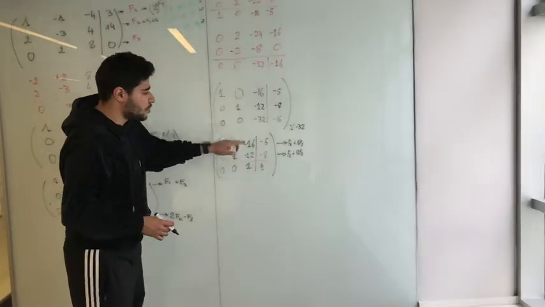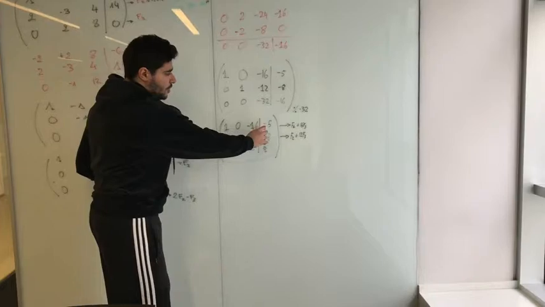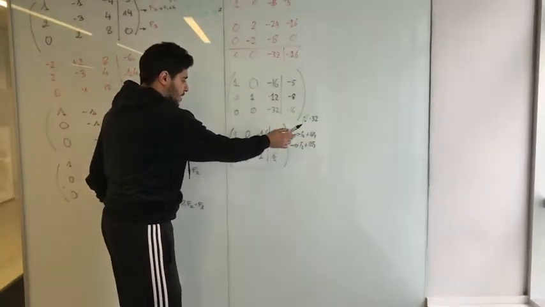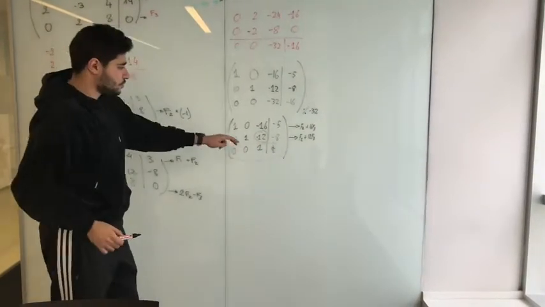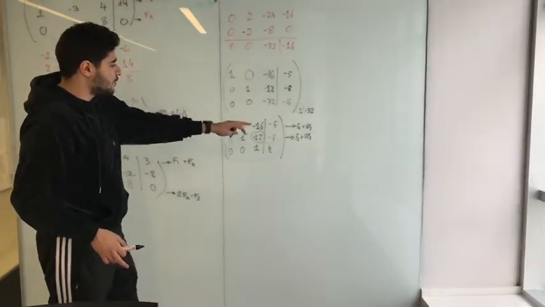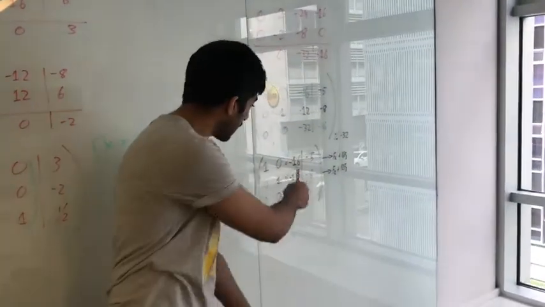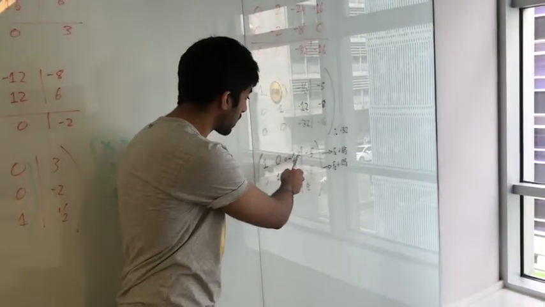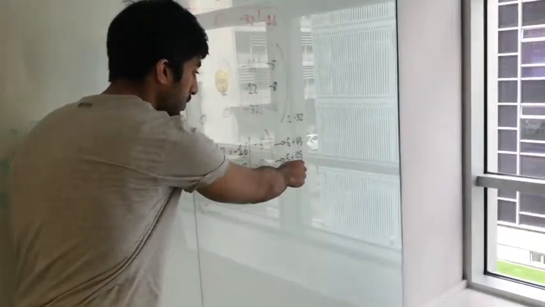And to change this to 0, we have decided to put F1, that is row number 1, plus 16 F3, that is the row number 3. And then for the second row, to have here a 0, we decided to put F2 plus 12 F3. That is this one. As was just told before, in the last column here, we're trying to look for 0, 0, and 1. We already have a 1, but in order to get 0 and 0, we have to do the following